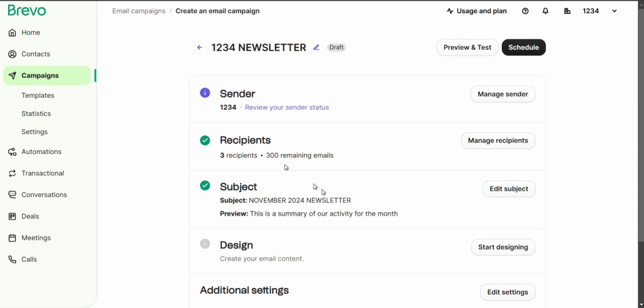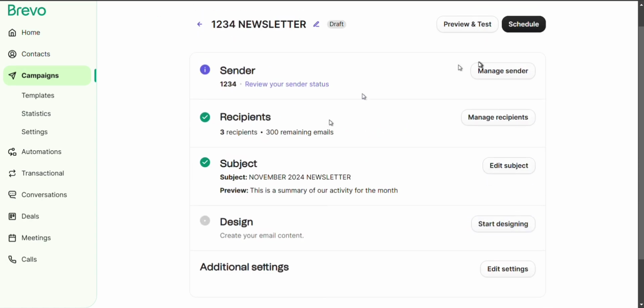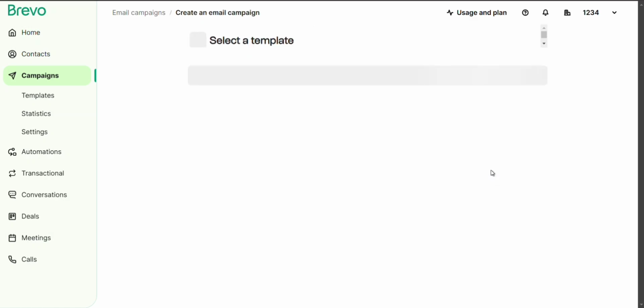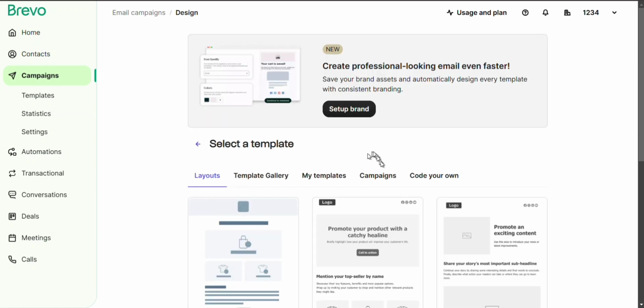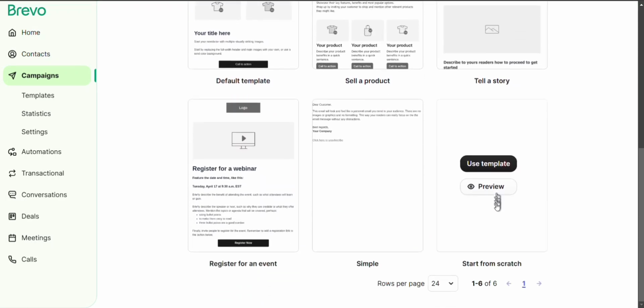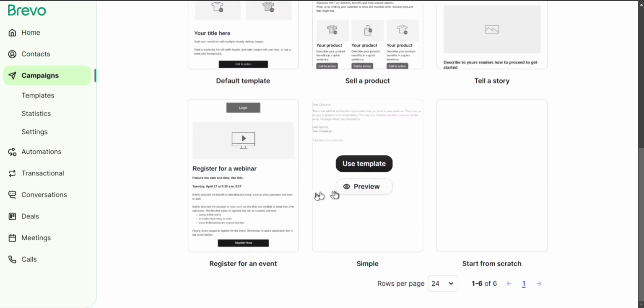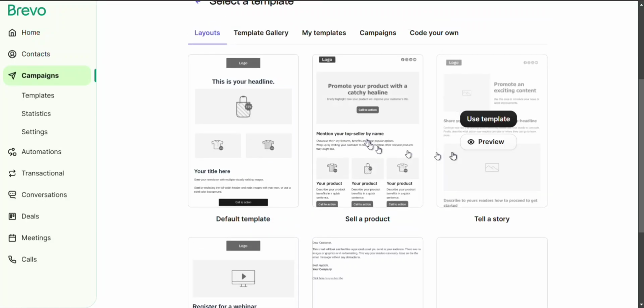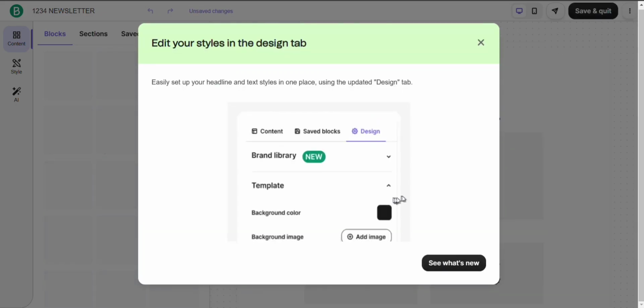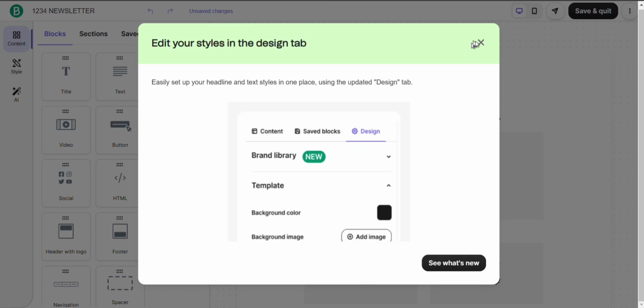And then in proceeding, this is where the main work starts. So design. This is how it looks like. It gives you an option. It gives you about 4 templates. So you select from about 6 of them. You select from. So let's use the default template, which is the first one. Yes, but with the default template, you can always edit it to suit your preference. So this is how it looks like. You close the pop-up,